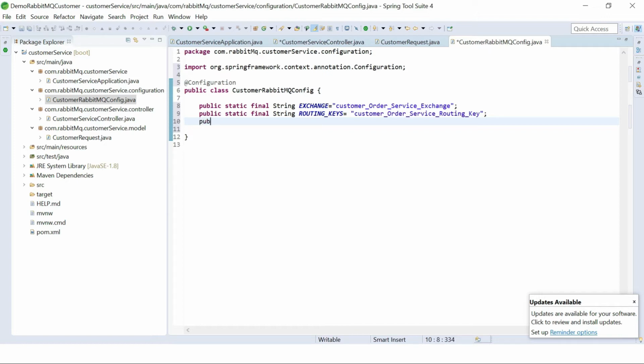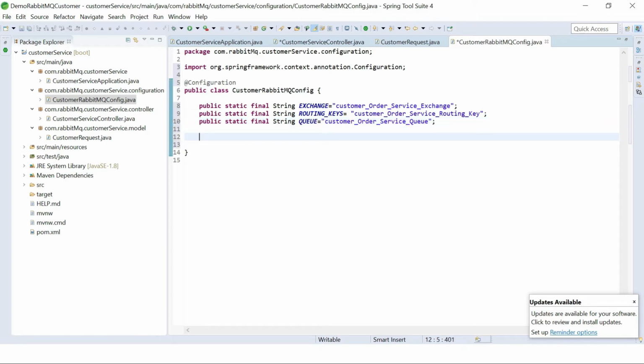And last but not least, we need a queue to store our messages, customer order service queue. Okay, this is done.